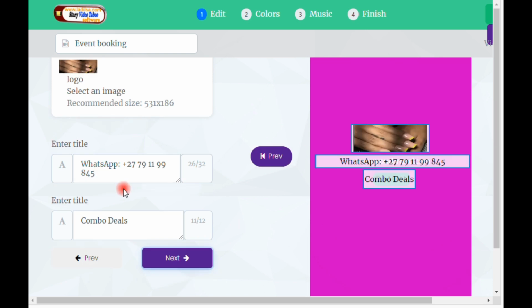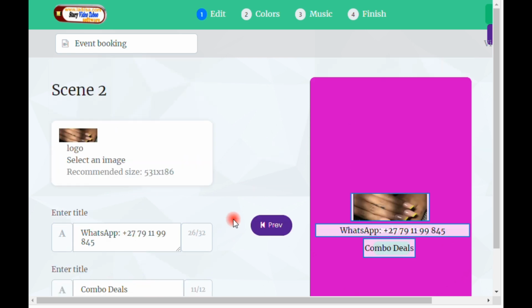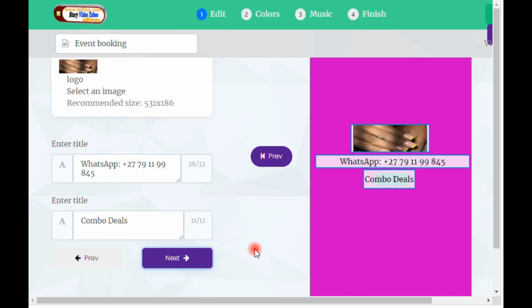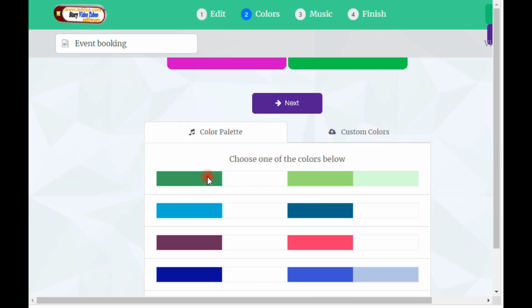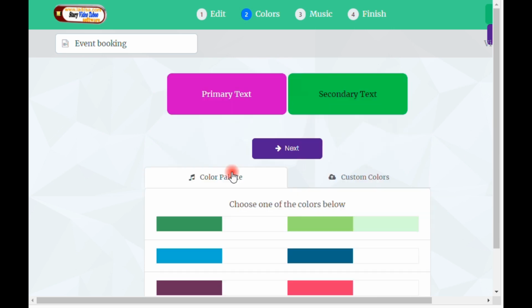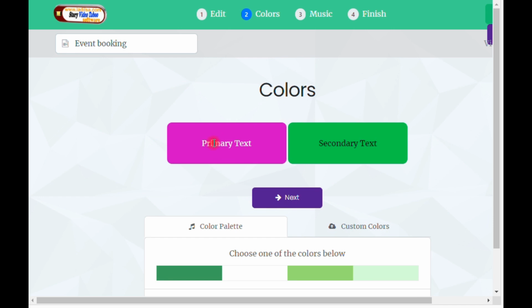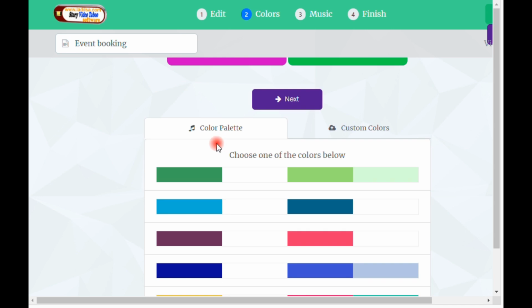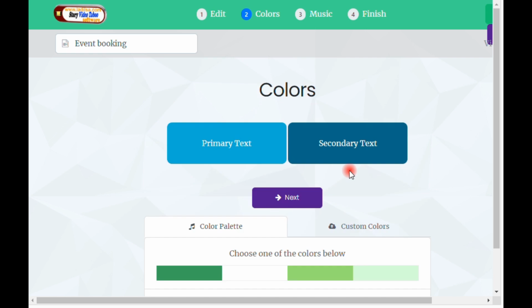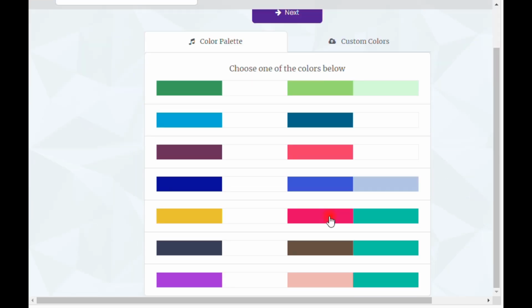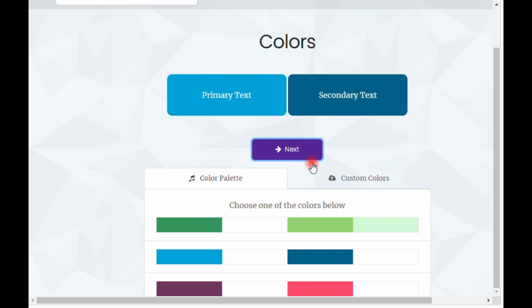And then I click next. I put in the number for appointments, and I also write in there that we have combo deals and add in another image of the service. And over here I can change the primary color of the text and the secondary color for the text, or I can just leave it as that. Since I already created this video, I'm just walking through this process as if I am editing it. If you want to edit it, you obviously click here. As you can see, the colors change. All right, and you click right here on next